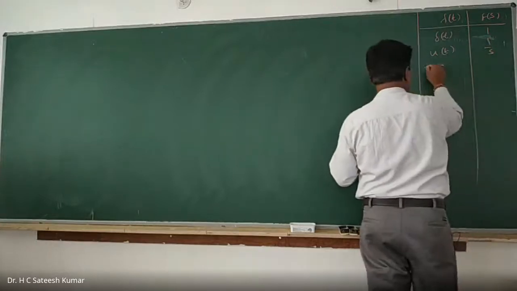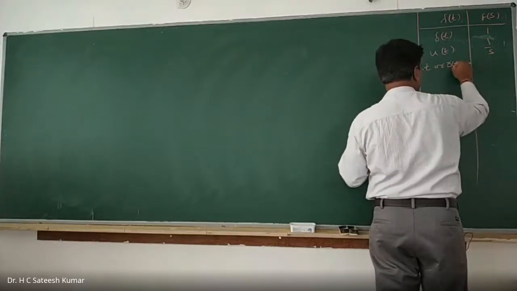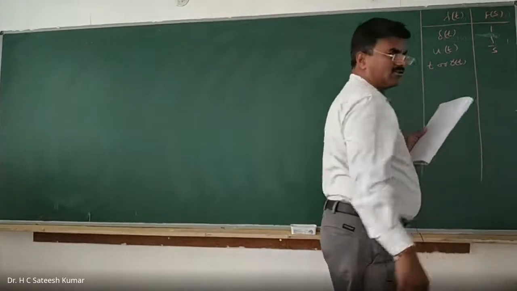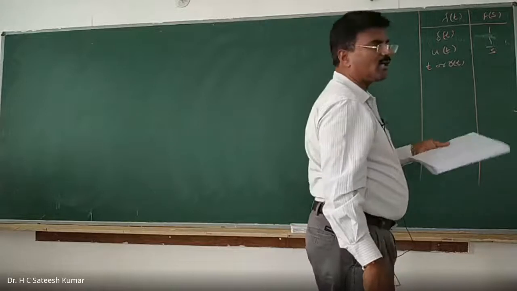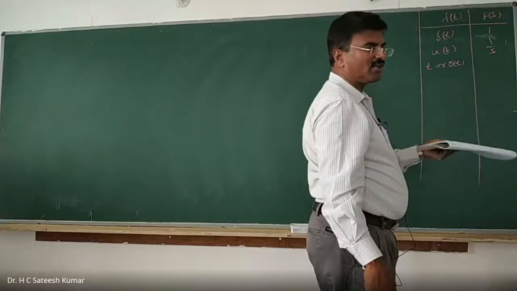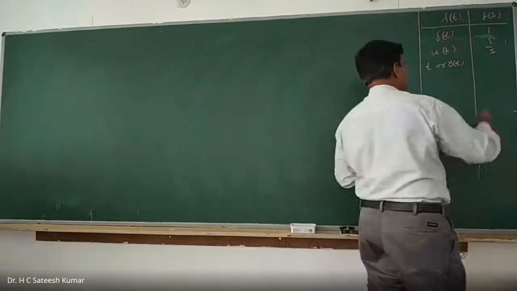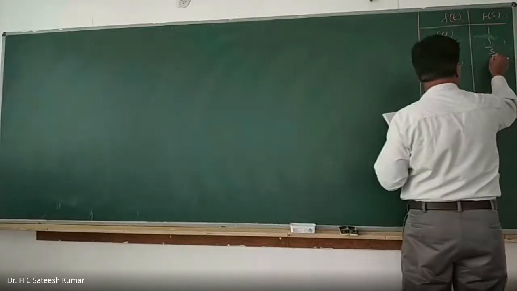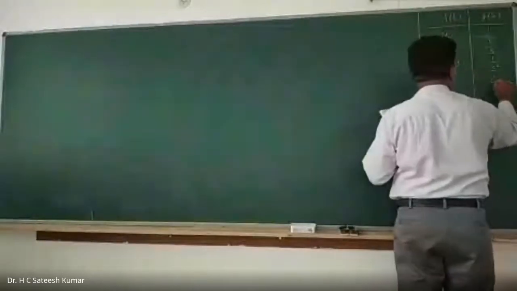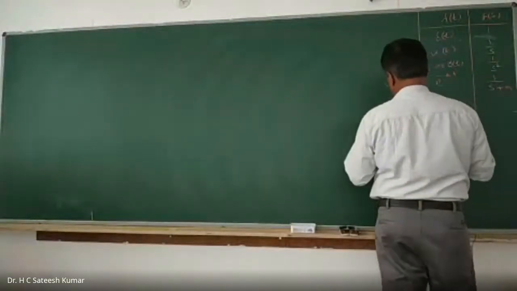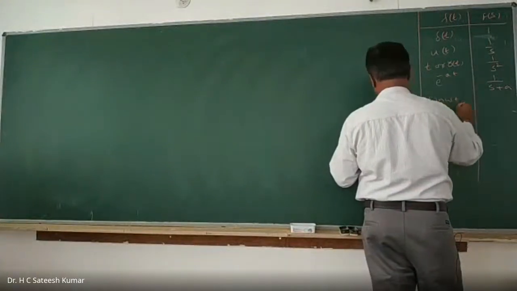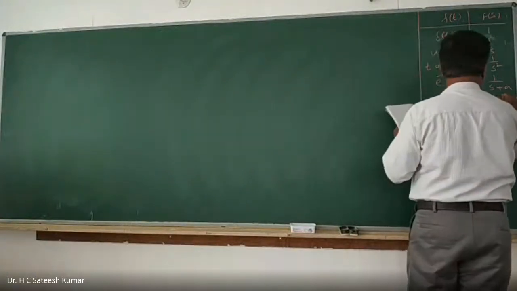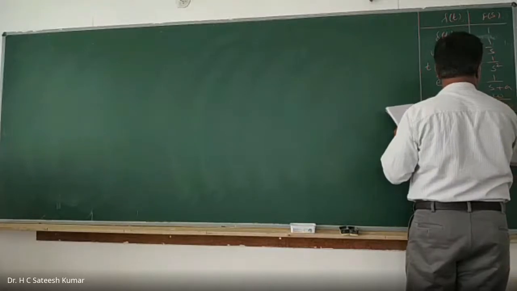Laplace transformation of t or r of t, both are the same. So r of t is nothing but the slope function, represented by t for t greater than or equal to 0. So even if it is t also, we can write. And e to the power of minus at, we can write 1 over s plus a. Sin omega t is equal to omega divided by s square plus omega square.